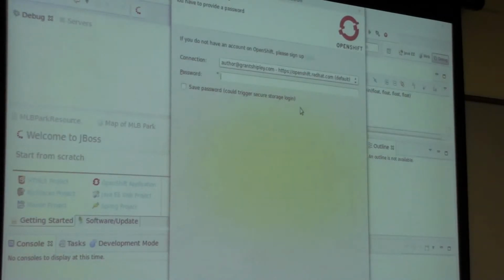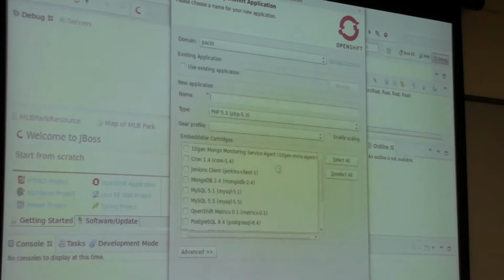And then, password again. And then it connects to your Openshift account and allows you to specify the domain you want to create this application in.